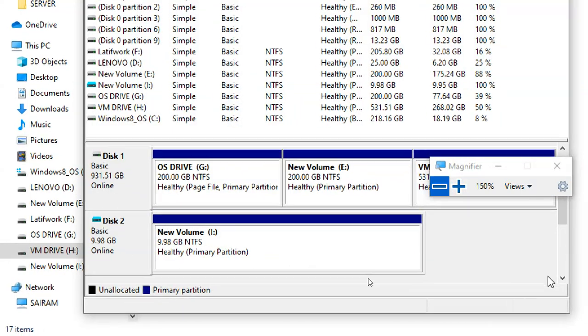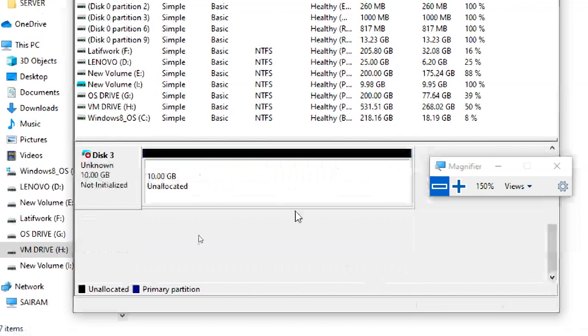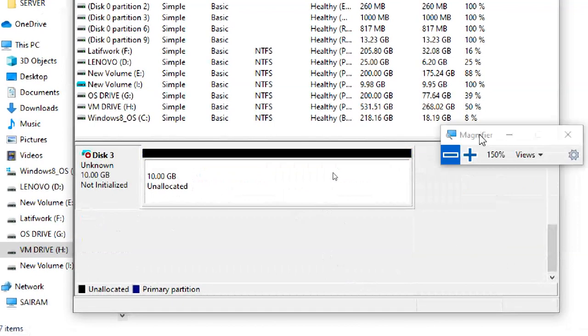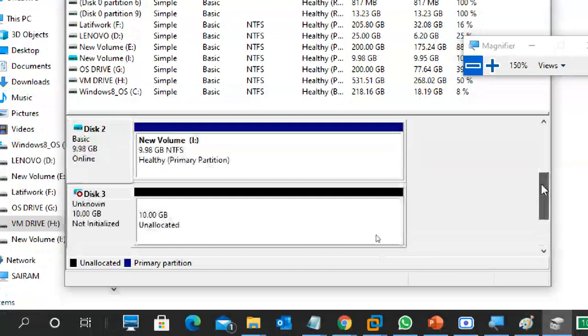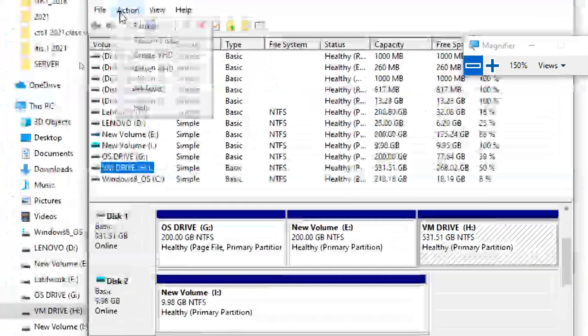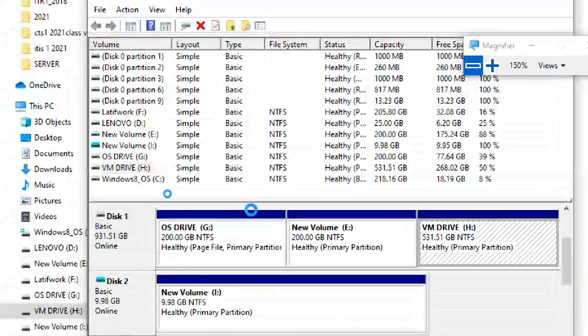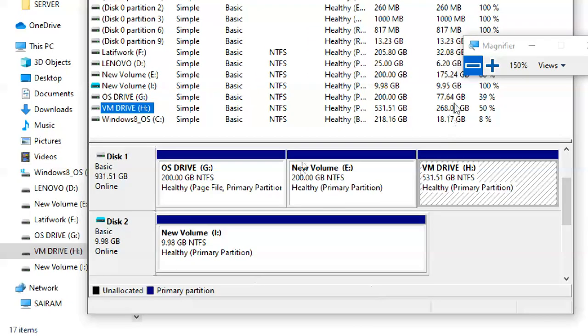Now we'll see what will happen. I think it is already added. See, for fixed disk it is taking time, but dynamic disk it is not taking time. So 10 GB. I'm going to refresh this H drive anyway. Action, refresh. A small change occurs here. That's it. But it did not change to 258. Actually 10 GB means 258 it has to show, but it is not showing like that. It is showing 268 only, but the point 0.2 something became 0.1.